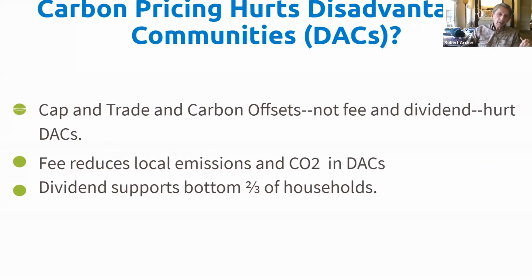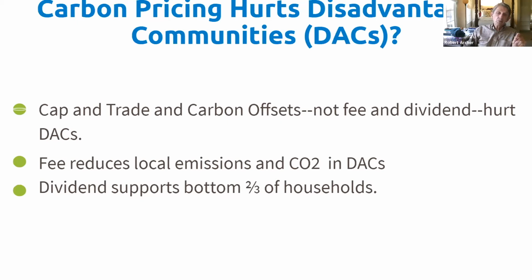Now, some critics state that carbon pricing hurts disadvantaged communities. The term carbon pricing conflates two very different policies, cap and trade and carbon fee and dividend. The flaws of California's cap and trade and forest carbon offsets have been projected onto the fee and dividend policy.